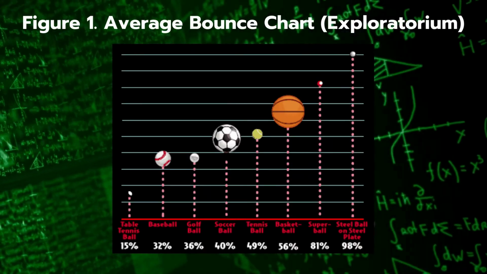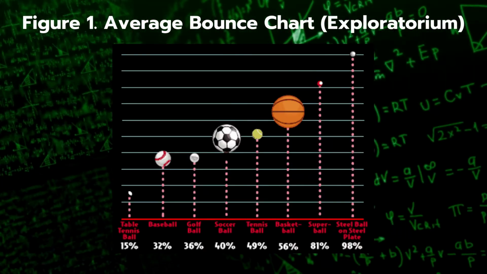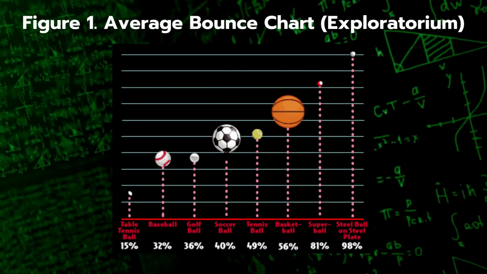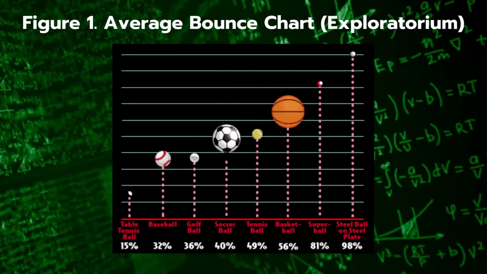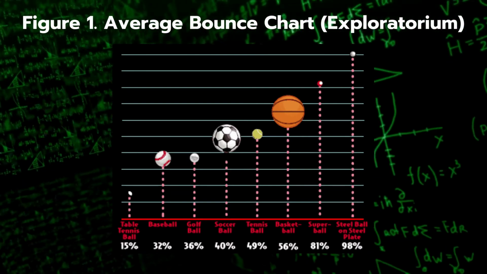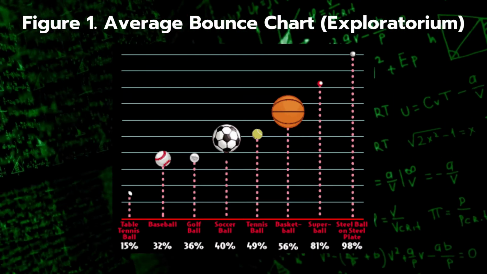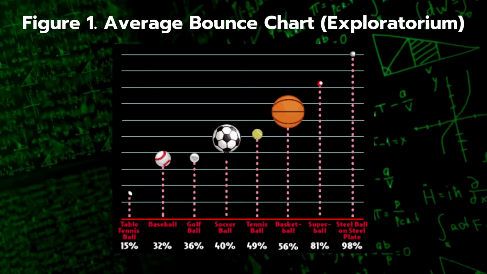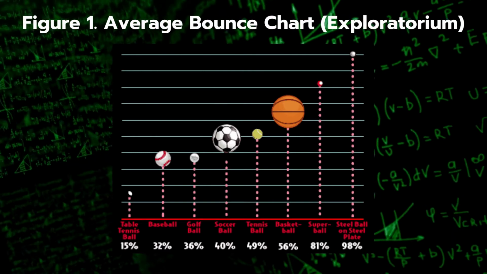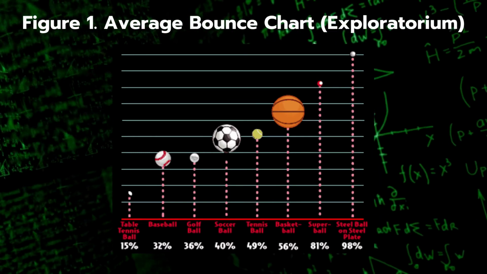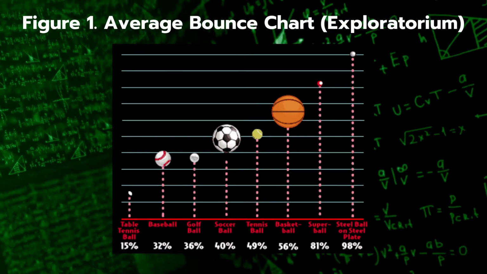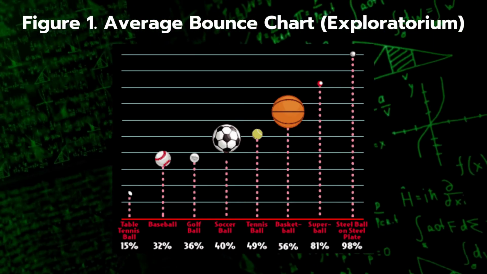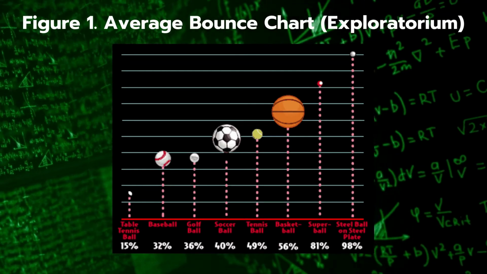According to an analysis made by Exploratorium's official website, as seen in this picture shown in the video, the average bounce height percentage of a baseball dropped from a certain height is around 32% of the height, while the golf ball accounts for 36%. Based on the figure alone, it could be interpreted that the baseball could be an effective selection for concrete baseball golf, since the bounce height percentages are almost identical. Thus, the hitting of the ball could be the same as the usual golf.